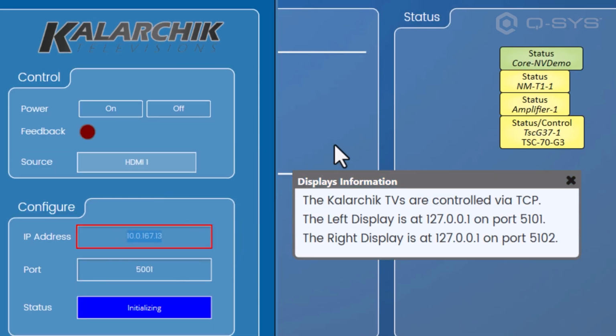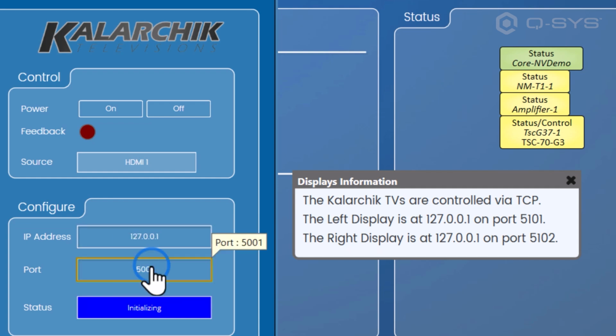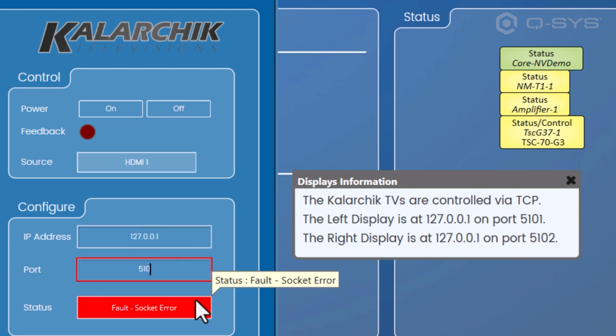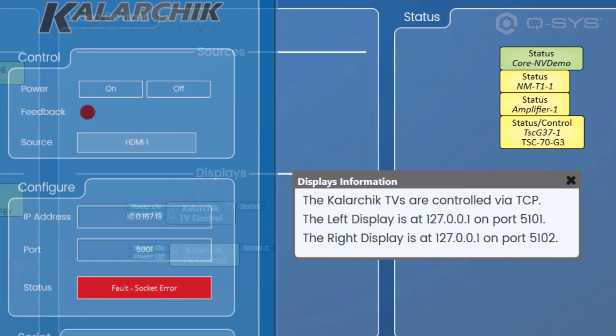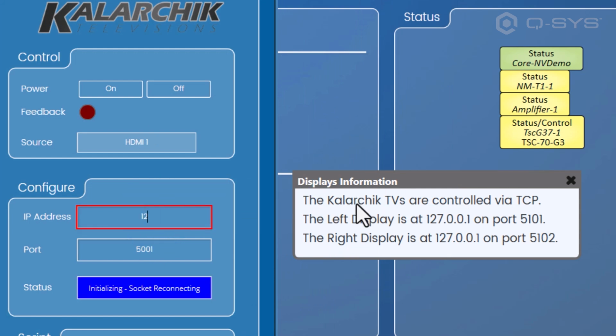So left display is 127.0.0.1, and the port is 5101. And then for that second one, 127.0.0.1,